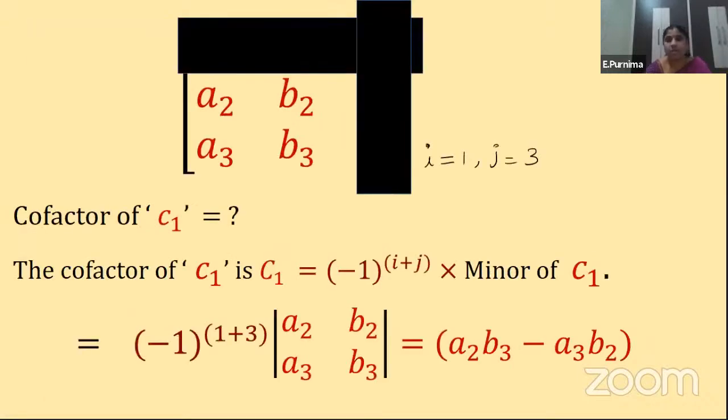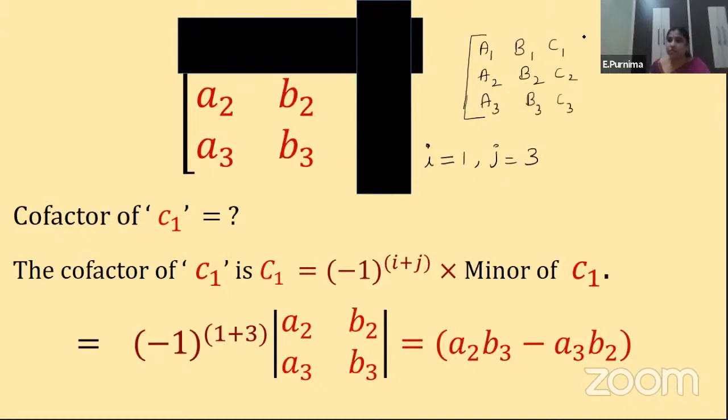Similarly, one second, I want to tell you, children. In the earlier explanation, we have seen that A1, B1, C1, A2, B2, C2, A3, B3, C3 are there in the matrix. When you find the cofactors of all the elements, what do we get? If you write the cofactor of every element as a matrix, the first element A1 is replaced by its corresponding cofactor, capital A1. B1's cofactor is capital B1, and C1's is capital C1. Similarly A2, B2, C2, A3, B3, C3.